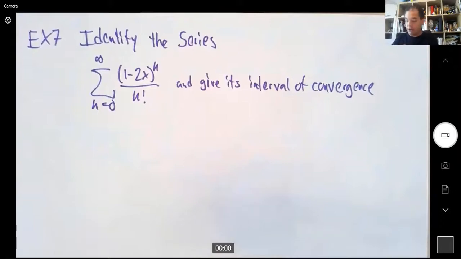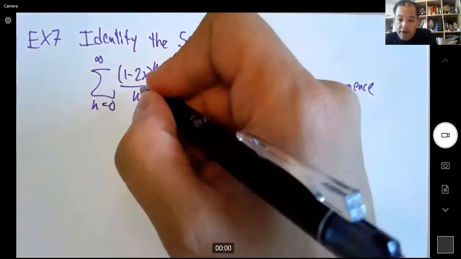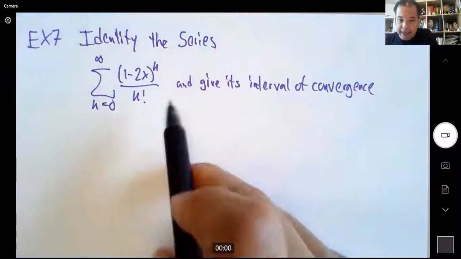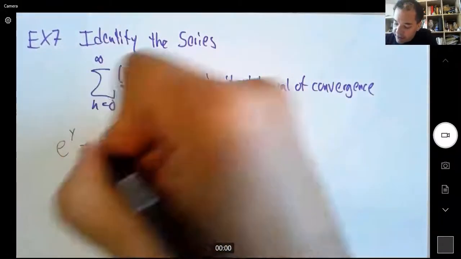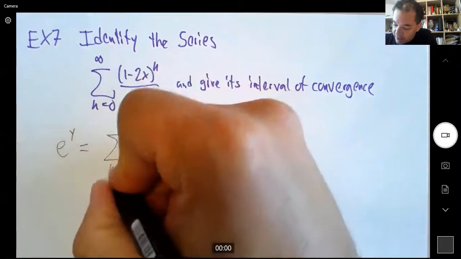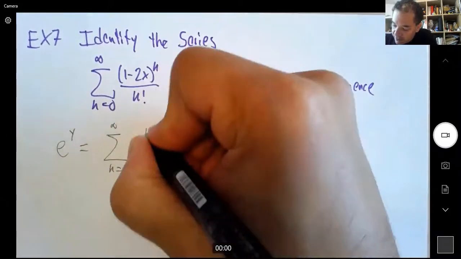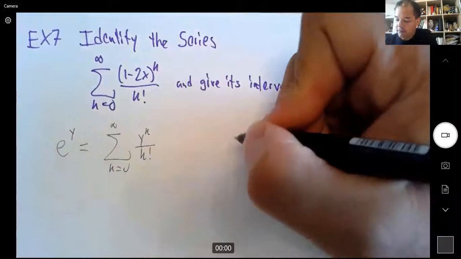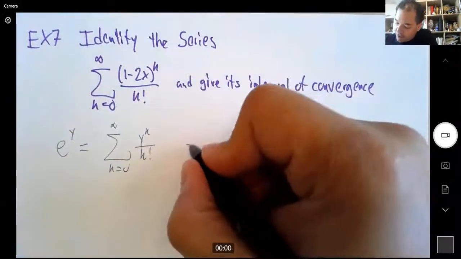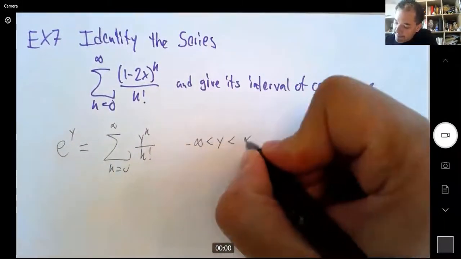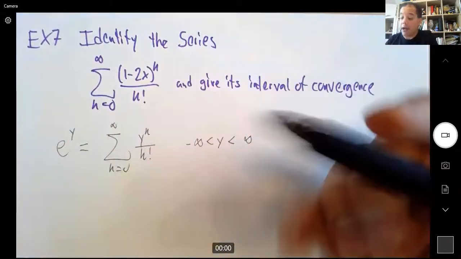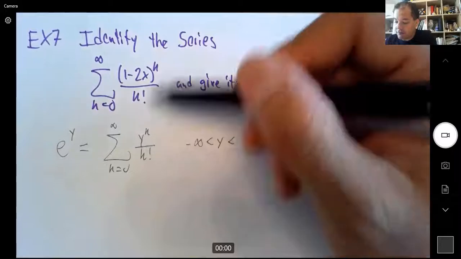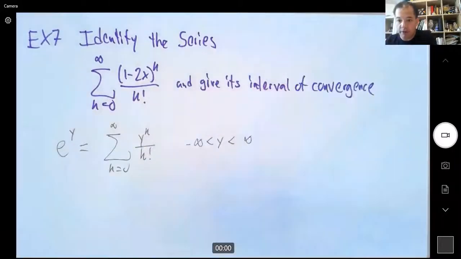All right, so what is this one related to? Well, it kind of looks like e to the something, right? So let's write that one here, e to the y. What is that? That's y to the k over k factorial, right? And we know this one is good for any y. So how are these two related? What y can I use so that this one on top resembles the one in the bottom? That's the question you should ask.